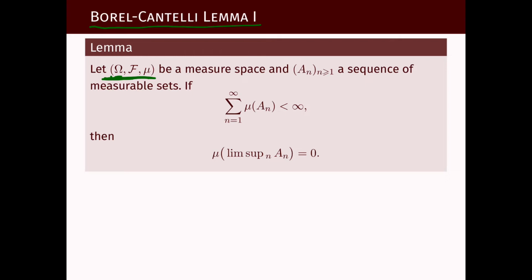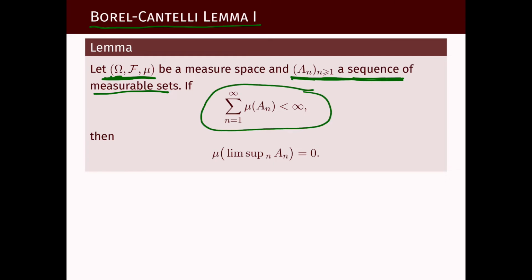If we have a sequence of sets, measurable sets, which in a probability space would be interpreted as events, and we don't make any assumption whatsoever about dependence or independence of how these A_n are related to each other, if the measure of these sets is summable, then the probability that we see these events occur infinitely often, which is denoted by lim sup over n of A_n, that probability will be zero,